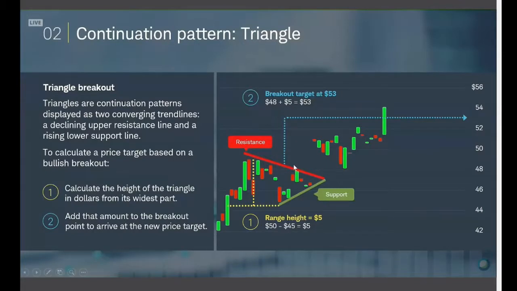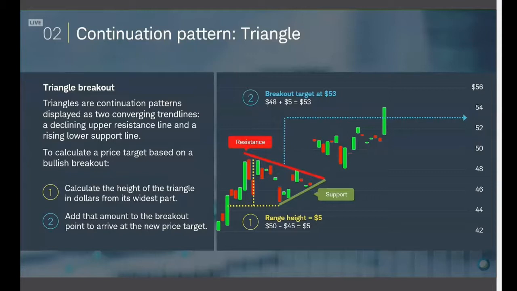I think I said range breakout there a couple of times. I apologize for the confusion. We're looking for a consolidation and then a continuation. Consolidation, continuation. How high up do you think it's going to go? Well, you take where it broke out from, and then you look at the range previous to that. Take that number, and then you put it right there. So that segment line I showed you earlier is pretty great.